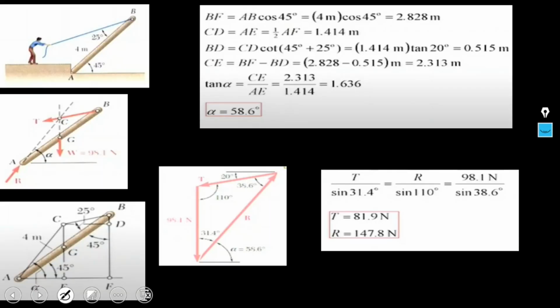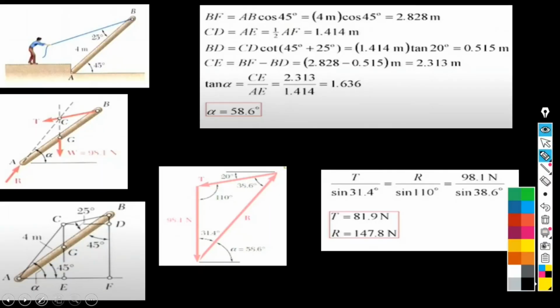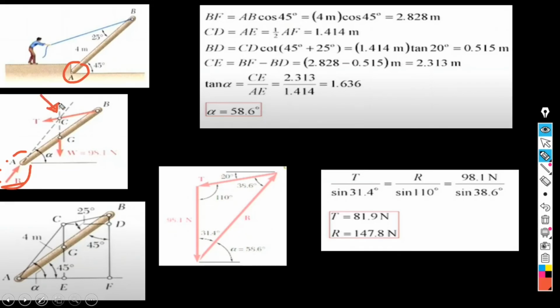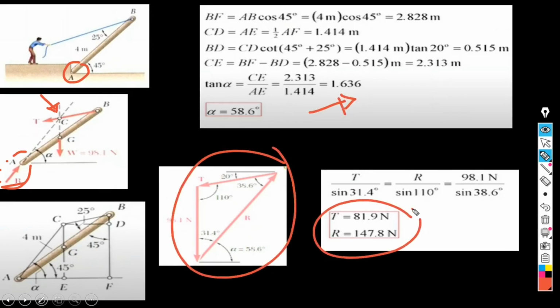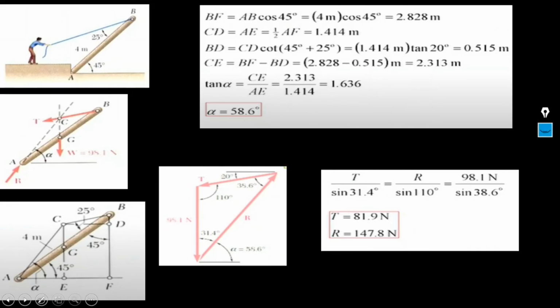You can also do the problem in this manner. This is a 3-force member, because of the force at point A, the resultant of the two forces will be in this manner. Since this is a 3-force member, the forces have to be concurrent. They have to meet at this point. It is shown in this figure. Then you can find the angles. The procedure is given in the slide. You can apply Lami's theorem to find the unknown tension T. You can follow the procedure and get the same answer.